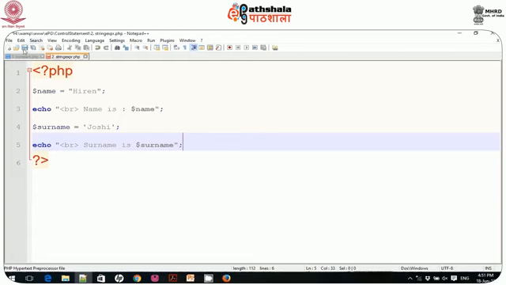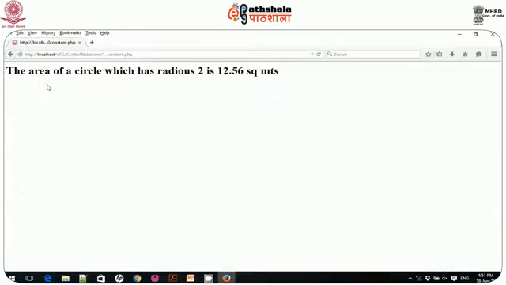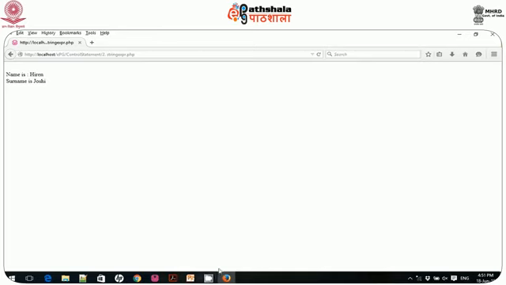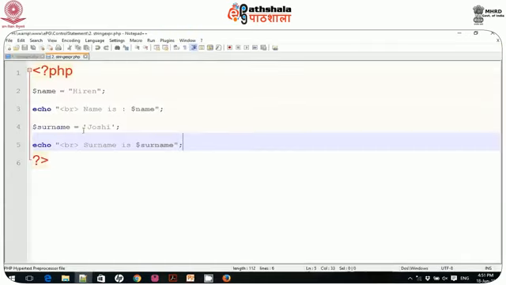PHP supports both. Let me execute that file. It will display name is this and surname is this. So this is the way you can work with PHP.